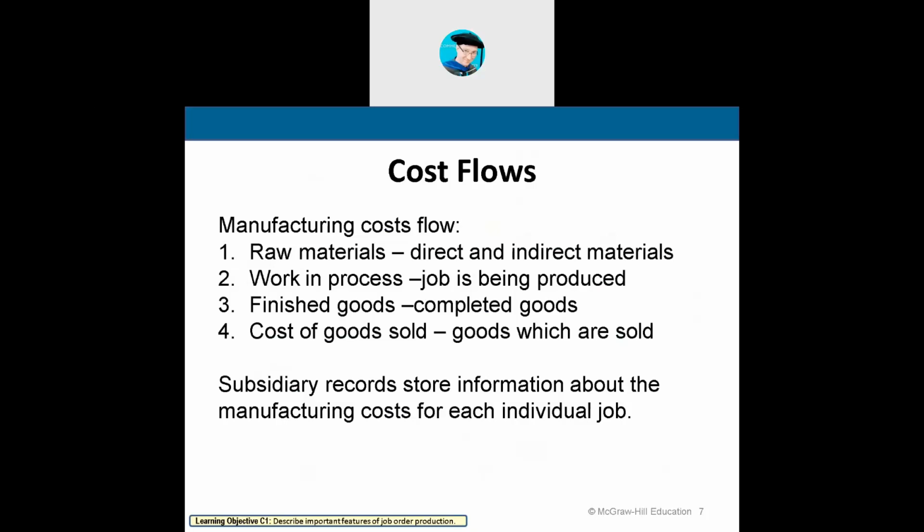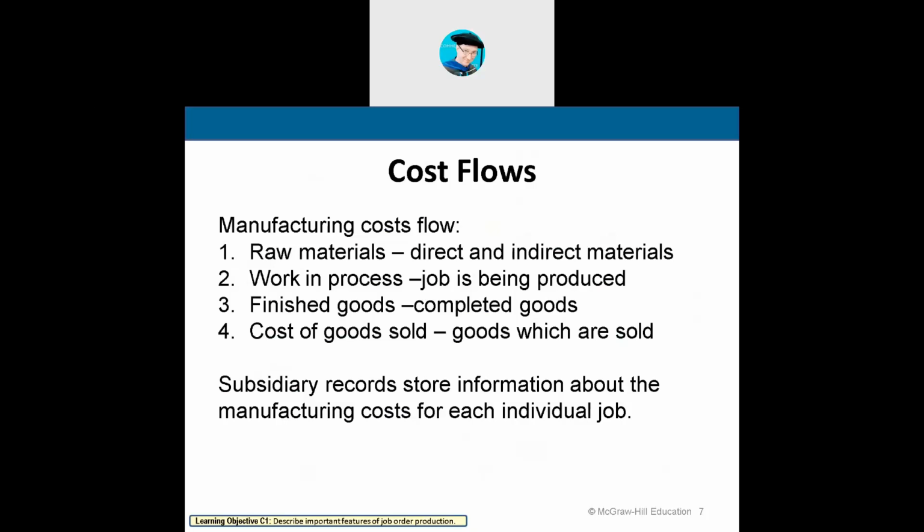That's raw materials. We take the raw materials, we put it in the work in process. That's us putting together the product, yeah, work in process. At this stage, I'm adding in direct materials, direct labor, and factory overhead. I do that a little bit at each department as it's moving down the assembly line.